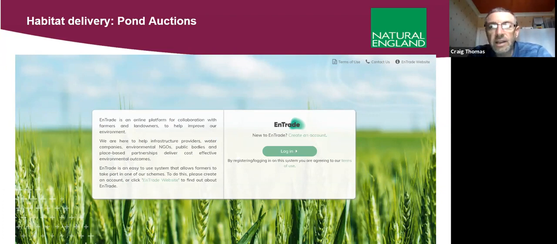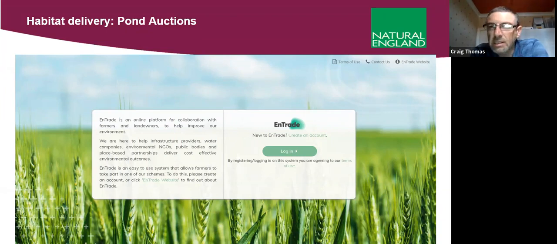And we do have to reflect upon the fact that demand will peak and trough. And it is essential through DLL that we have pond availability at all times. And those ponds are placed in advance of a development so that the pond can mature and be suitable for the species. So we've augmented our traditional delivery with something we're calling pond auctions. And we're working with Entrade, who are a subsidiary of Wessex Water. And over the course of about 18 months of discussion, we've got a working platform with them, which is an online tool,